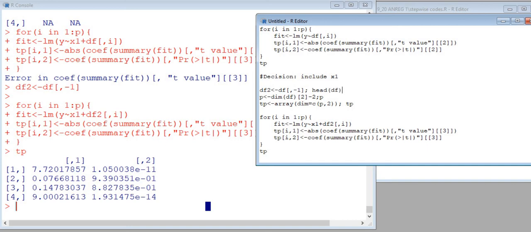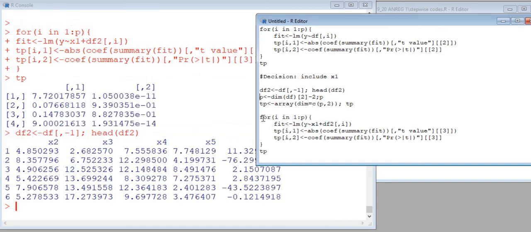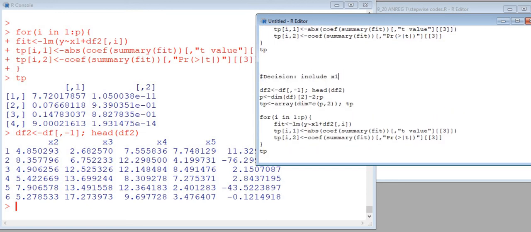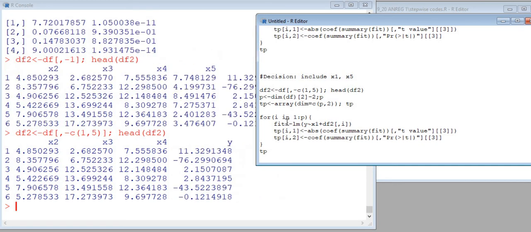Let's see here, so is the x5. Okay, so our decision now is to include x1 and x5. And then in here it means that we also exclude x1 and x5 from the data set. So here x1 and x5 are excluded, so this one also takes away one more,